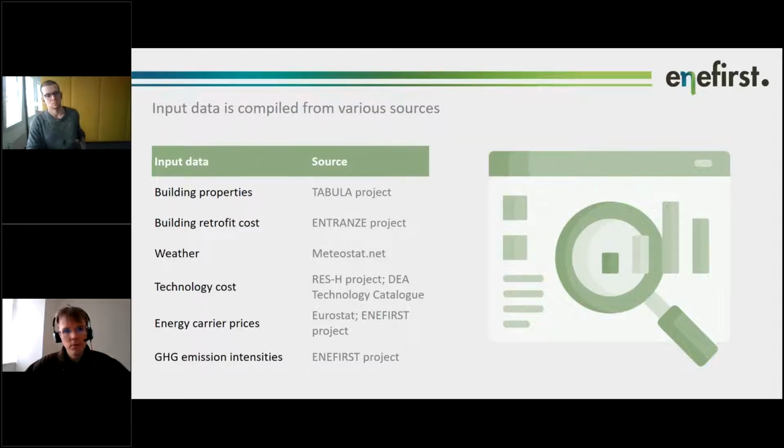can this create kind of bias when you compare the different options? Yeah, overall there's always a bias when you have to rely on building retrofit cost, because it's strongly dependent on material costs and also labor costs, which on the one hand are country specific, but then on the other hand, when we talk about local conditions, ideally you would even have to be more specific about the local circumstances. That being said, the Entranze project, as I said, I think the data is from 2012 or 2013, but we use these construction price indices from Eurostat to make the data as recent as possible and to take into account inflation that's happened in the meantime.